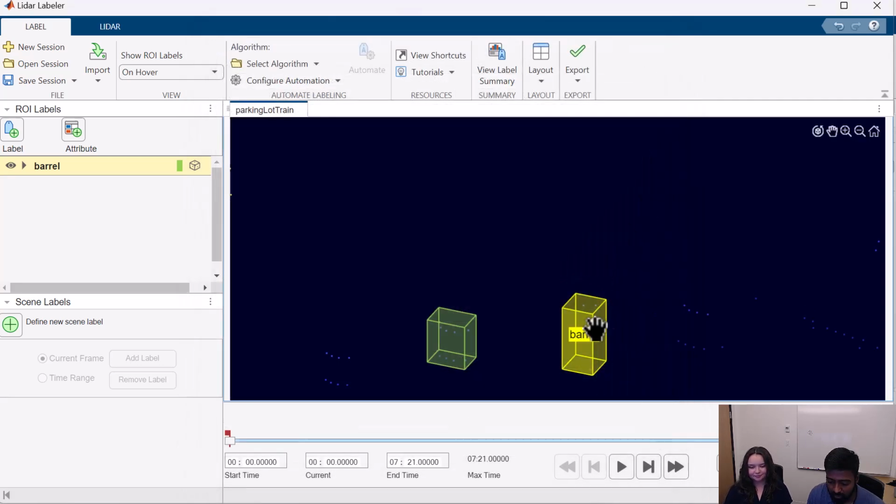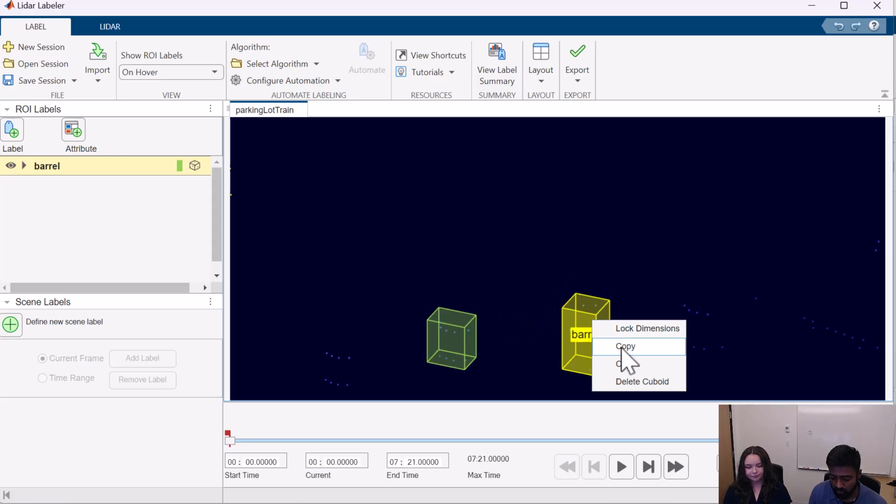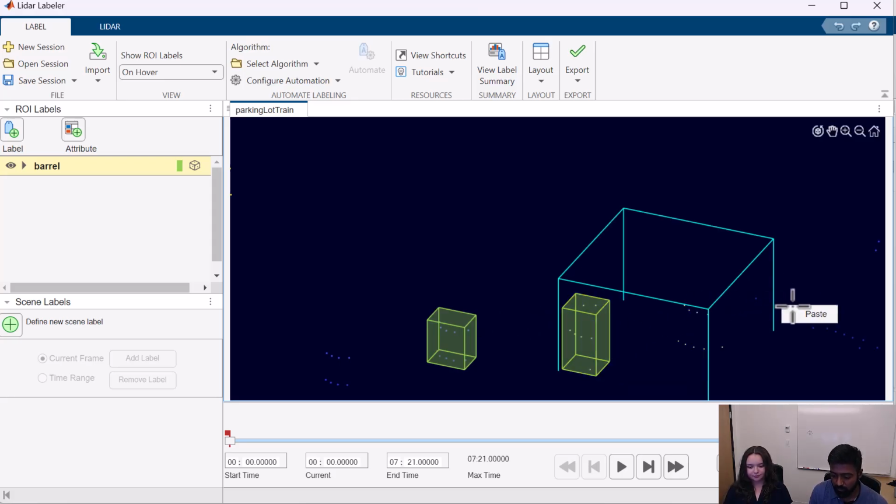Awesome. Again, we have this barrel labeled, but the label sizes are not exactly consistent. And for deep learning, we want to make sure that the label sizes are as consistent as possible. So one thing you can do is, once you have a label that you're happy with, you can copy the same thing and paste it again.